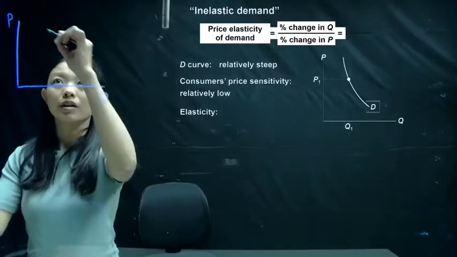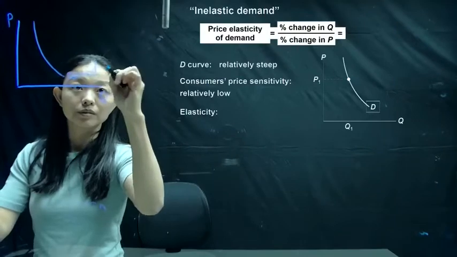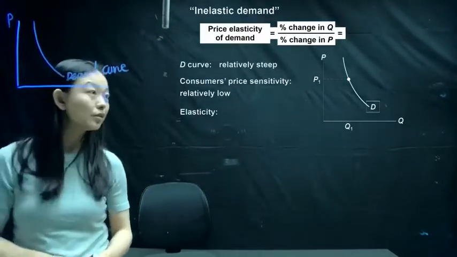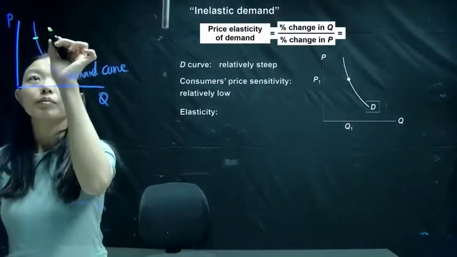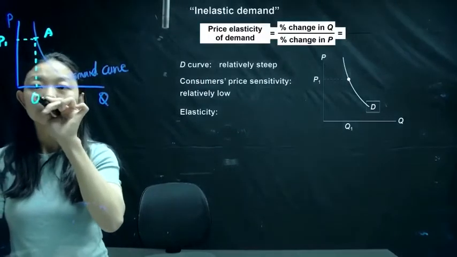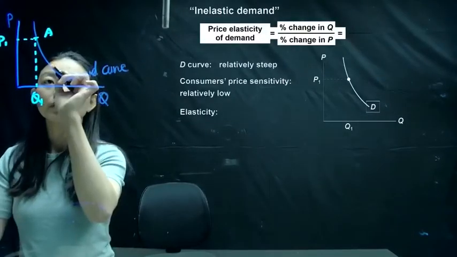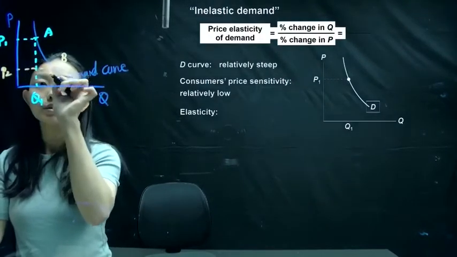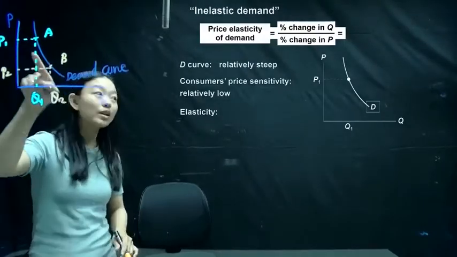Price, quantity. This is the demand curve. Okay? So from this demand curve, I would like to draw 2 points. Point A, P1, Q1. We have point B here, P2, Q2. You can notice from this demand curve,